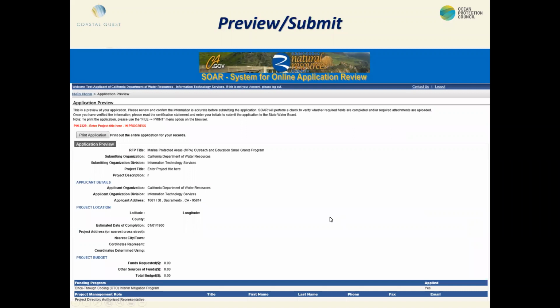And the application preview, this is the page at the end, so you can print the application, sign it, and then save it, and then go back and upload it. So that's really an overview of the SOAR online application process.